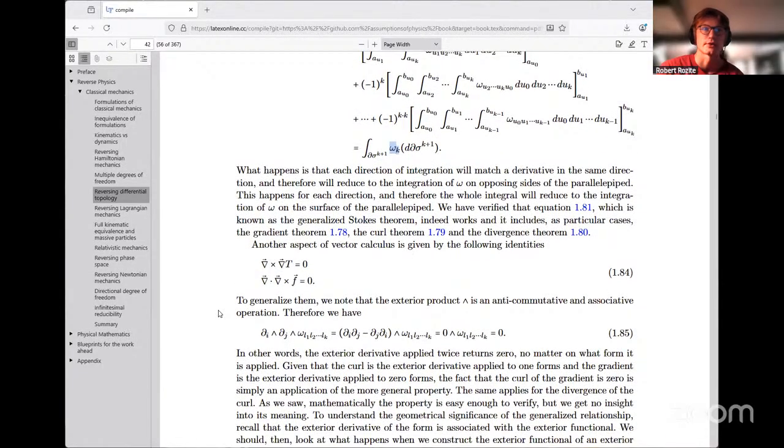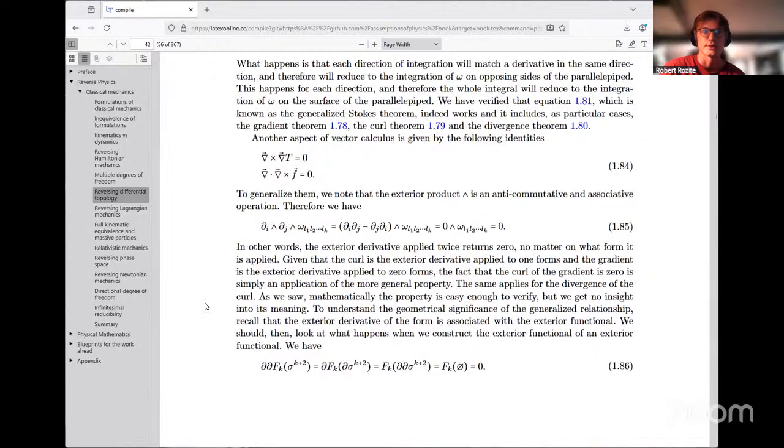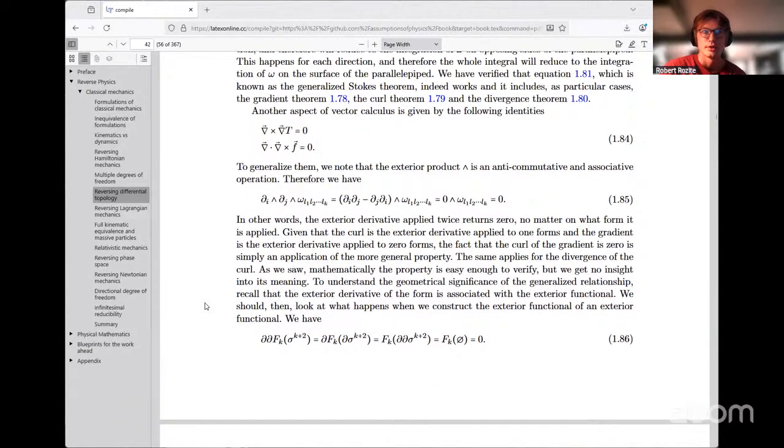Another aspect of vector calculus is given by the following identities. The curl of the gradient of f is 0, and the divergence of the curl of F is 0. To generalize them, we note that the exterior product is an anti-commutative and associative operation. Therefore, we have